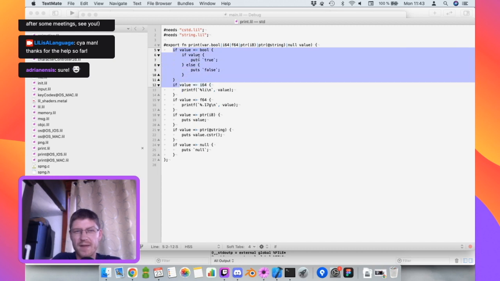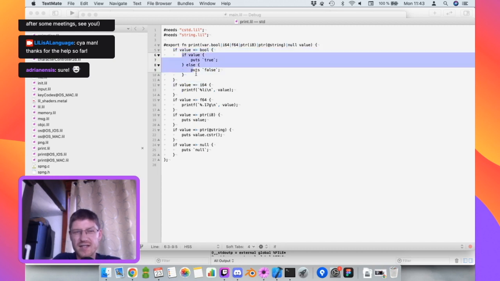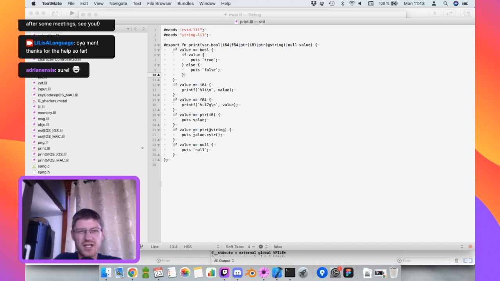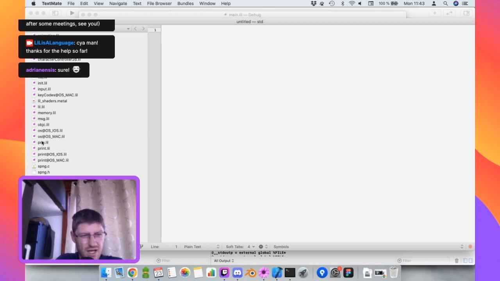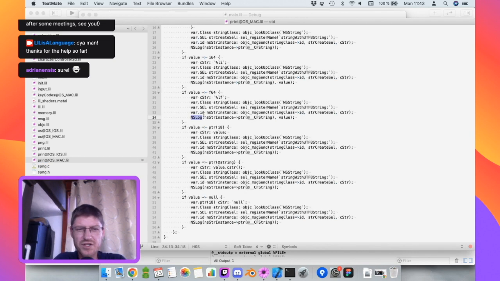So for example, when it's bool, it will take this part, and when we do what we did, which is a string, then it does this. It uses the puts function from the C standard library to output. Well, actually, that is what it does, but in this case, we have overridden the print for Mac specifically, in which case it does